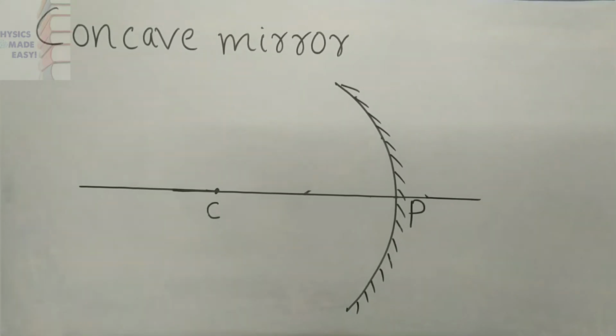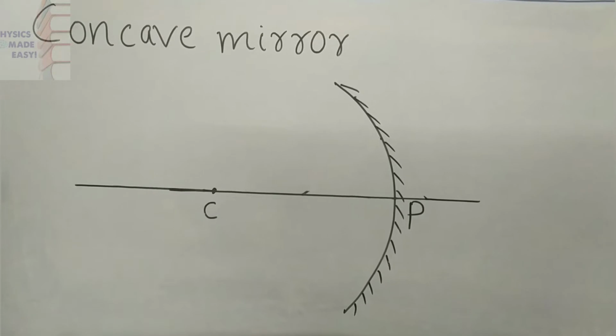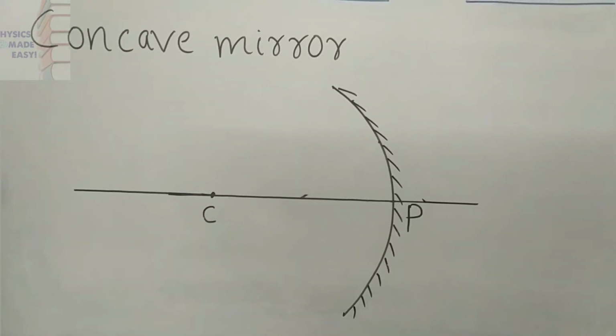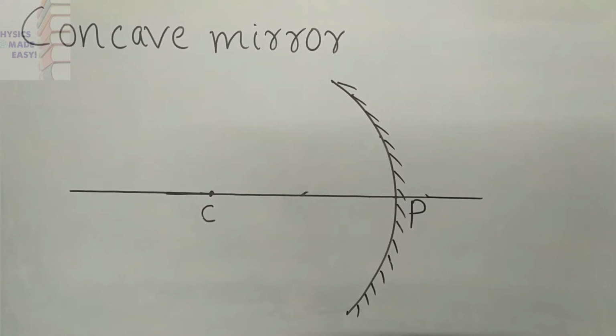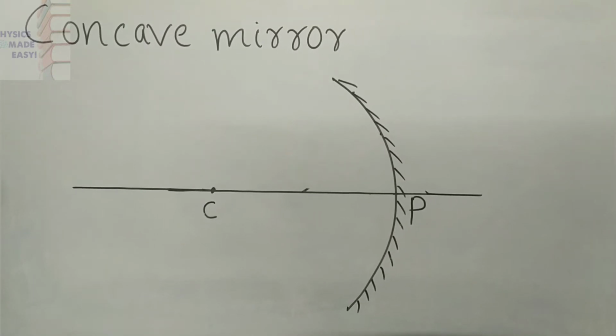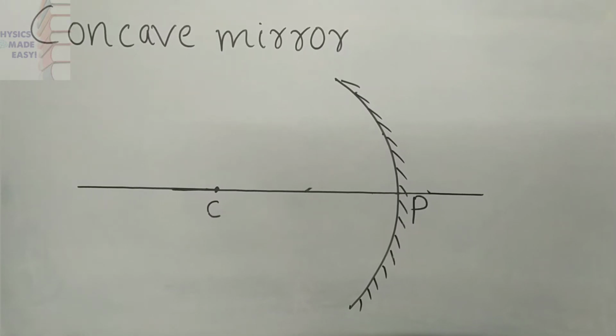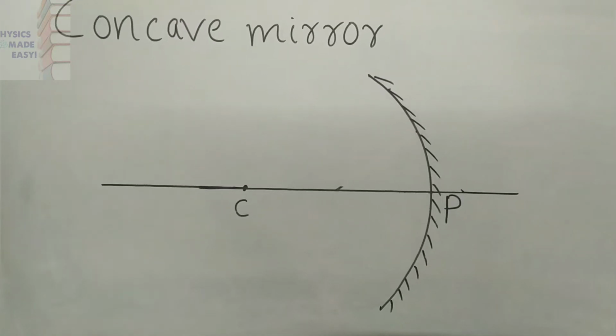Okay children, we can use a concave mirror to burn paper with sunlight. How can we use that concave mirror? That is what we are going to study now. If you use a concave mirror to concentrate the sun rays on a paper, you can increase the temperature of that paper to its ignition temperature, which you studied earlier, and the paper will start burning. How is that happening here?